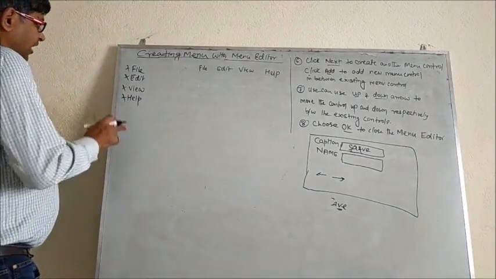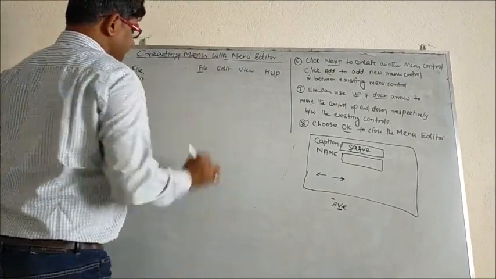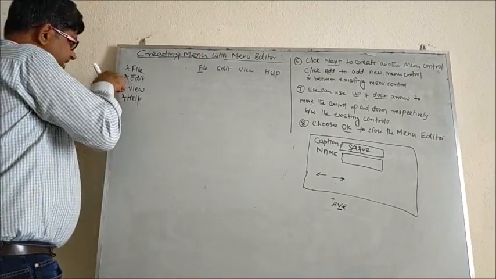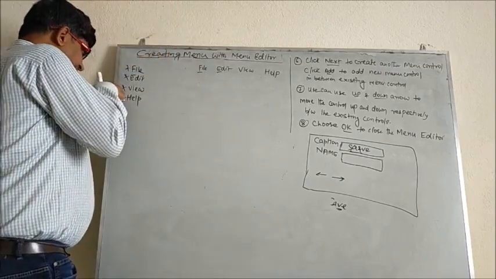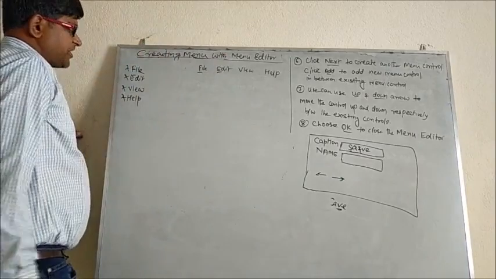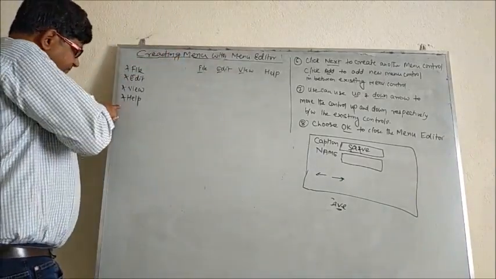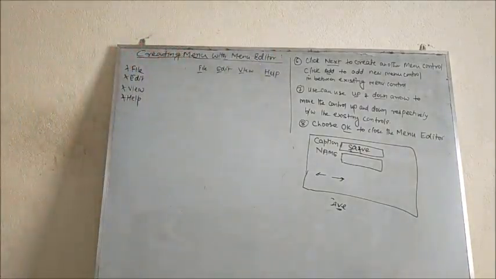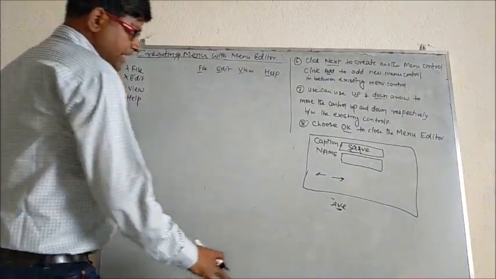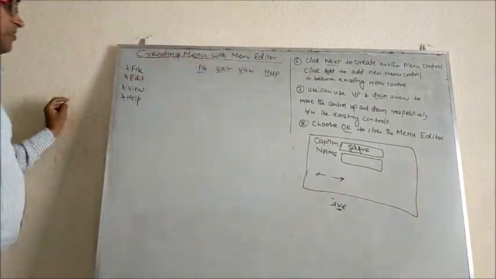Now, ampersand is associated with F, so there will be a dash under F. Ampersand is associated with E, so there will be a dash under E. Ampersand is associated with V, so there will be a dash under V, and ampersand is associated with H, so there will be a dash under H, right? But now I am going to explain you these two arrows and how it is used